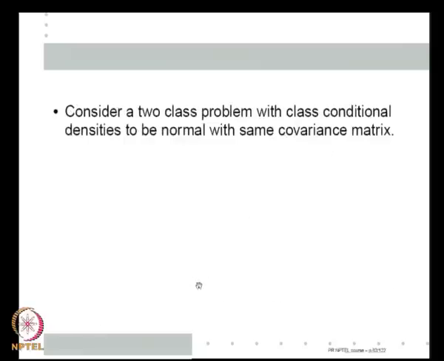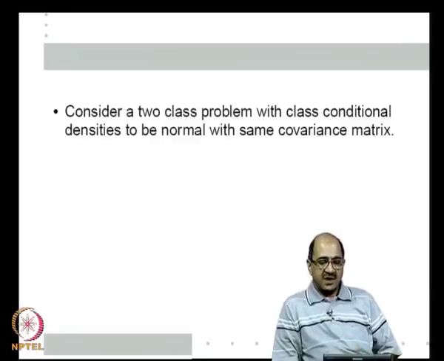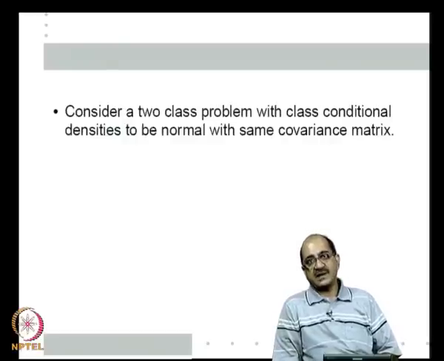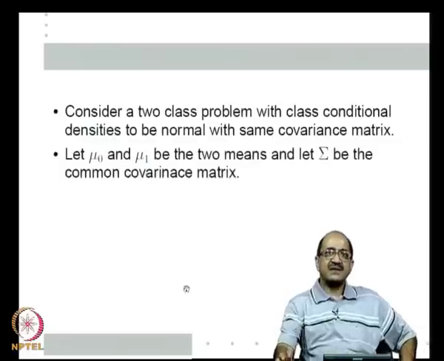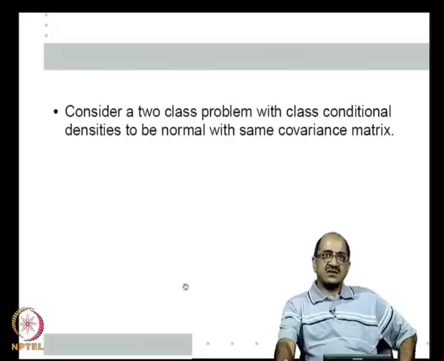There are other ways of looking at how good Fisher linear discriminant is. For example, we will take the simplest 2 class problem. Let us say we have a 2 class problem with both the class conditional densities normal, and let us say they have the same covariance matrix. Why the same covariance matrix? If the 2 classes have the same covariance matrix, we know that the Bayes optimal classifier is a linear classifier. So, now one can ask, will Fisher linear discriminant give me the optimal linear classifier, because it can give me only linear classifiers. We can only ask whether it will give the optimal classifier when the optimal classifier itself is linear.